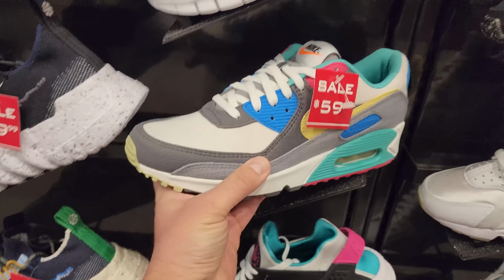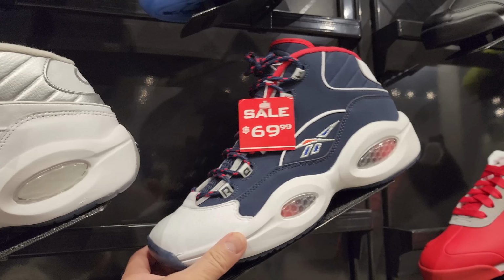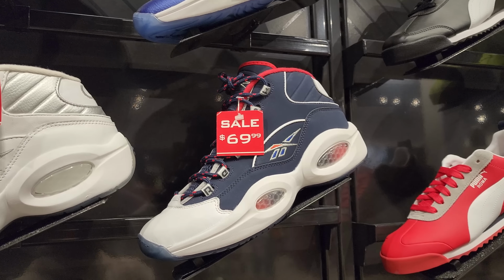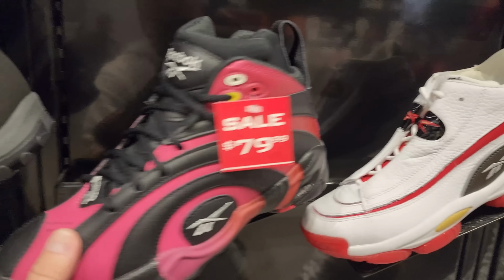Seen a bunch of the Iversons on sale lately. Look at the prices on these. Holy cow. All the Questions on sale. Answers not quite yet, but I'm sure these will go on sale too. Also got the